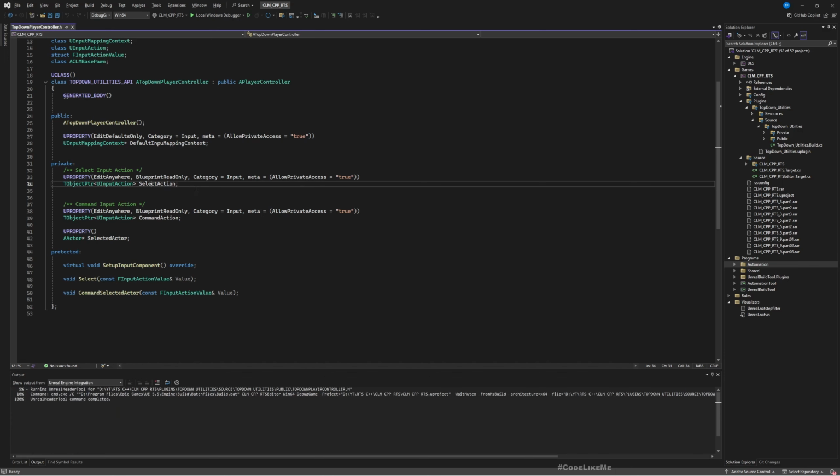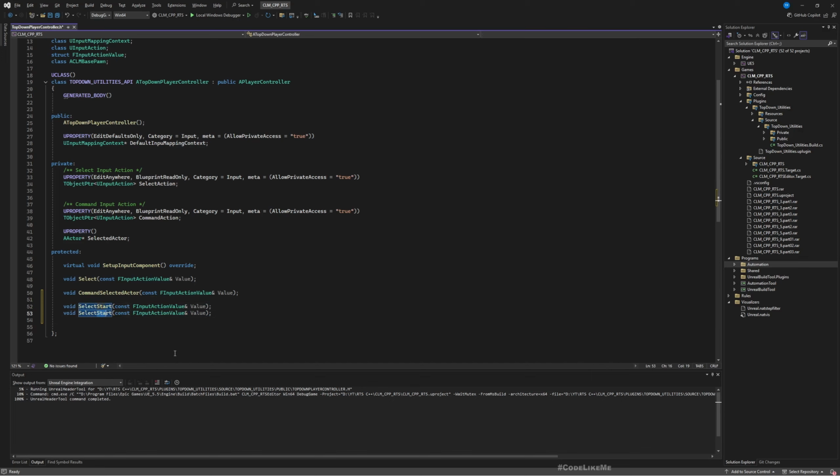So as I said, the first thing I want to implement is click and drag should draw a rectangle in the HUD. So to do that, first thing is we need to identify the click start position and click end position in the screen. So let's add two more functions. Select start. We should have this input because I'm going to bind this to input action. Select start, and just like this,